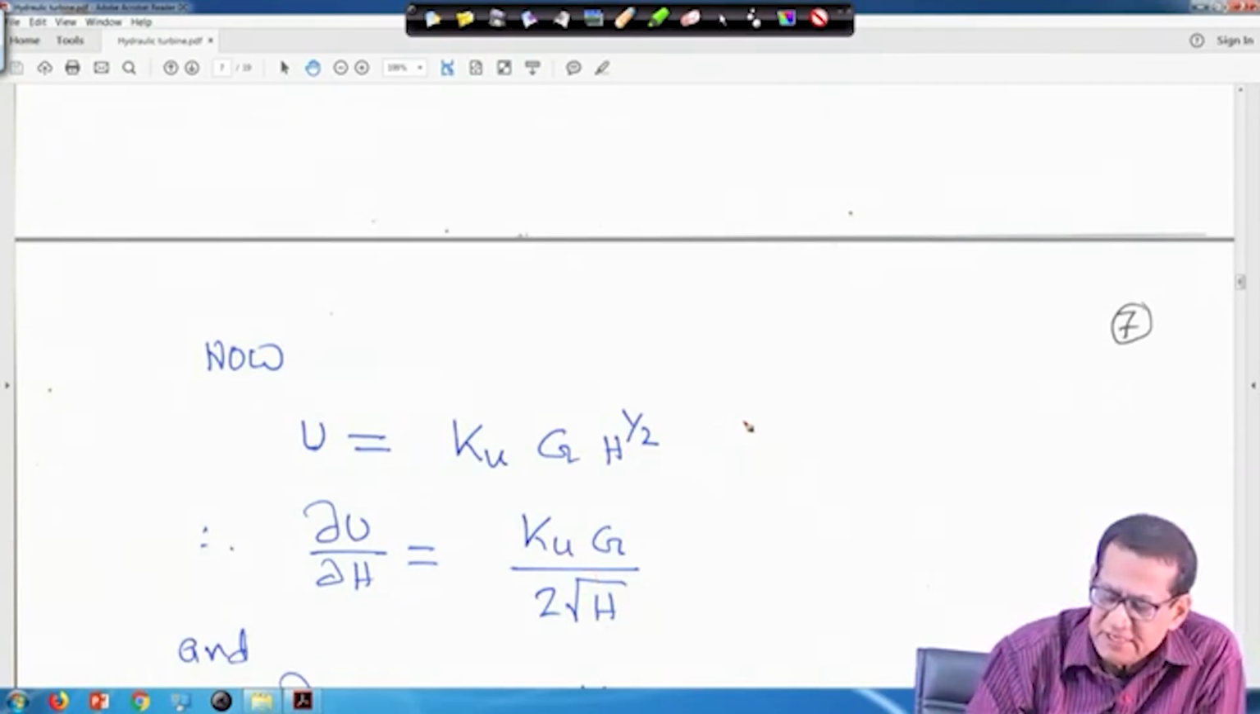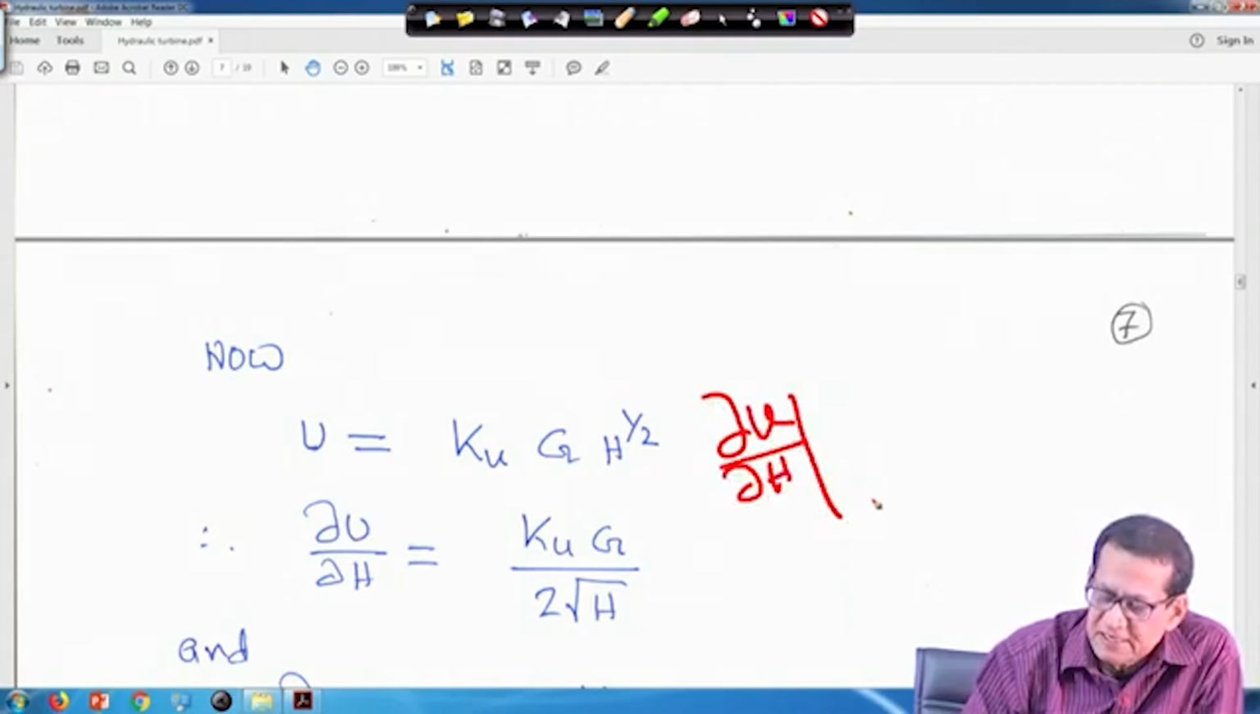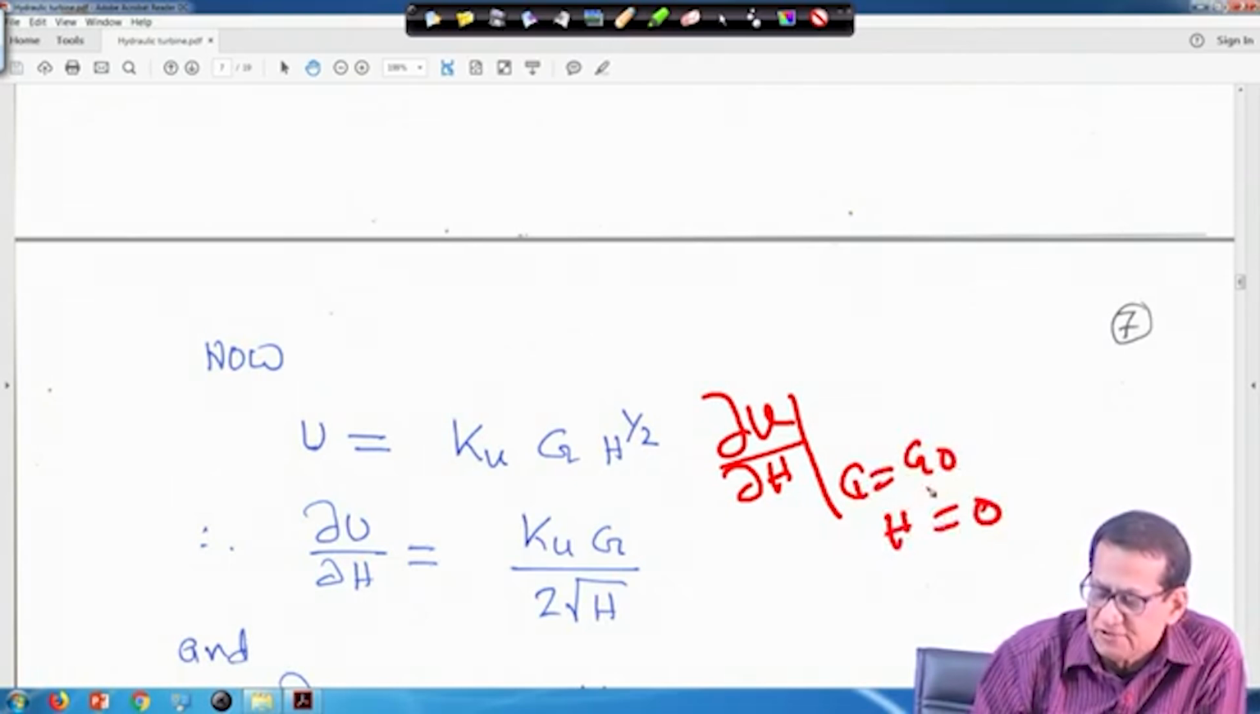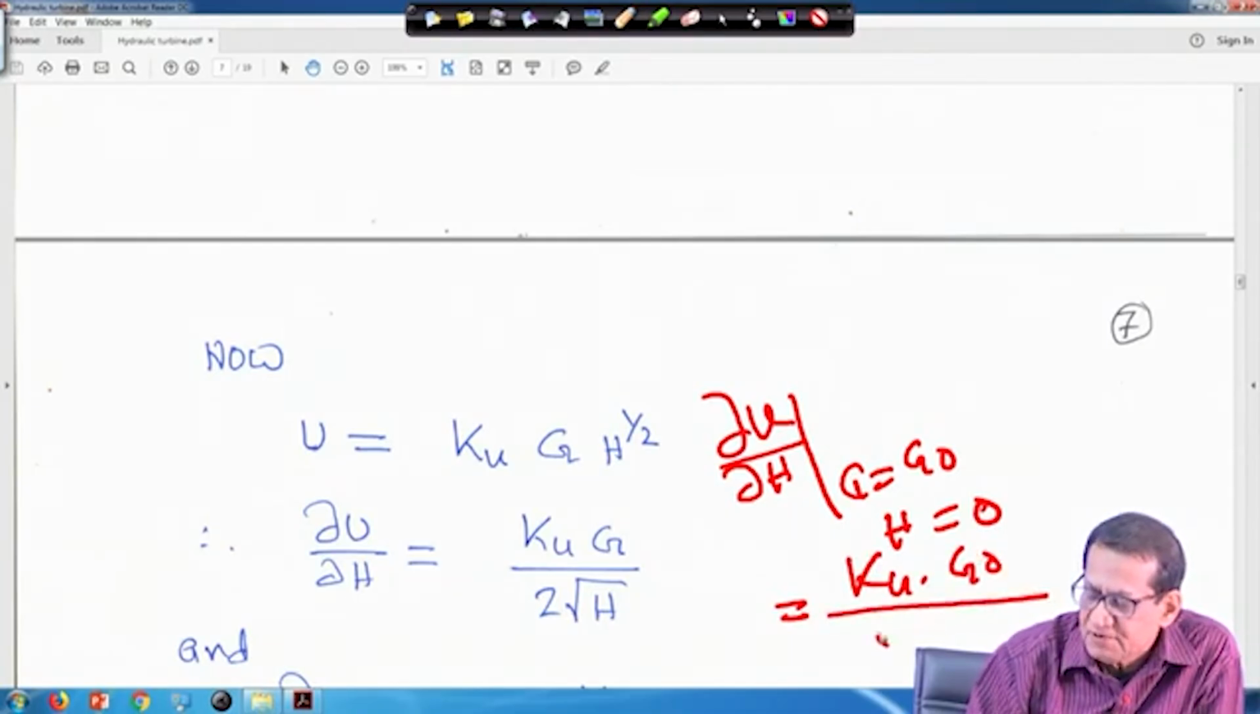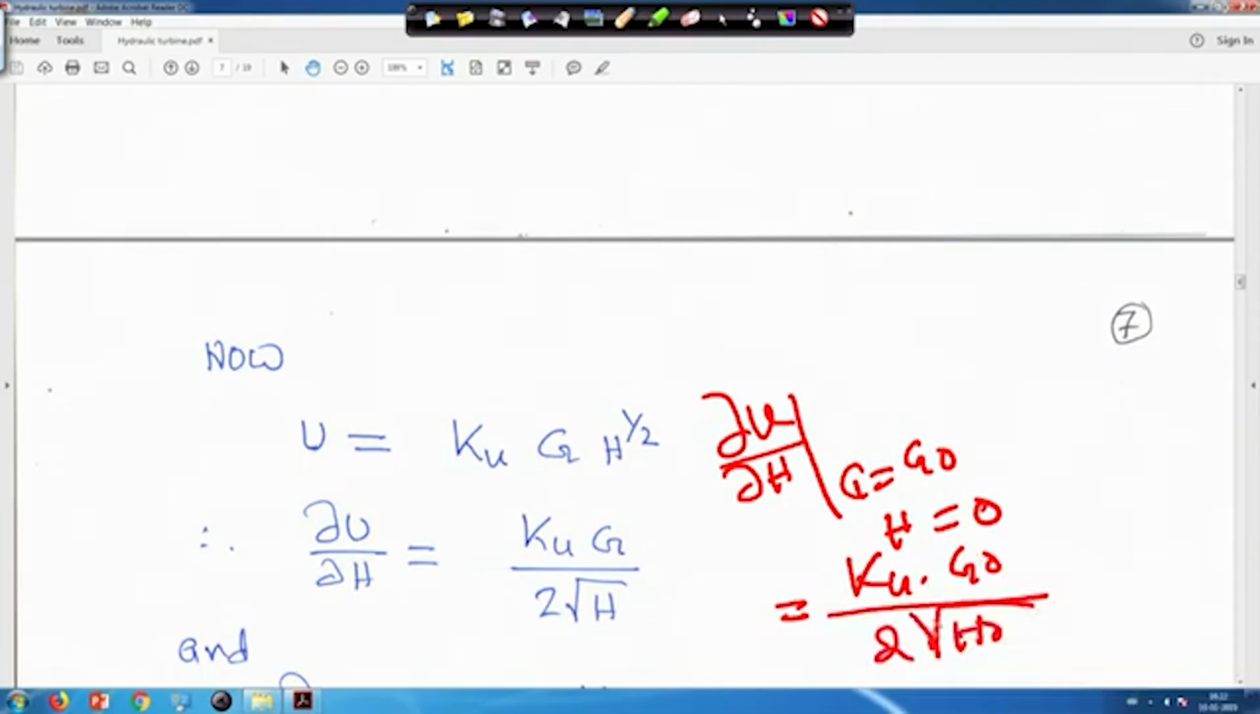Suppose initial values, if you have g is equal to g0 and h is equal to h0, then del u del h can be written as ku, a constant, into g0 divided by 2 root over h0, right. I did not show it directly here, but we can write ku g0 divided by 2 root h0. This way also we can write, because we have to normalize that thing, right. So, that is your del u del h. Similarly,